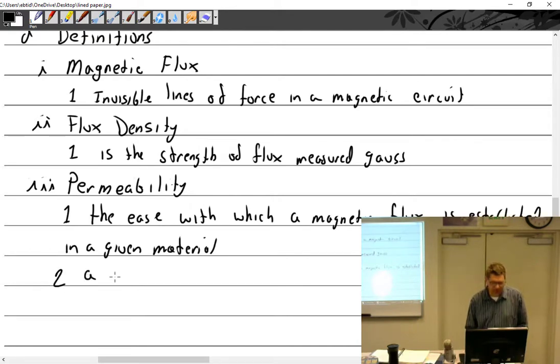So a part, a metal, with high permeability,